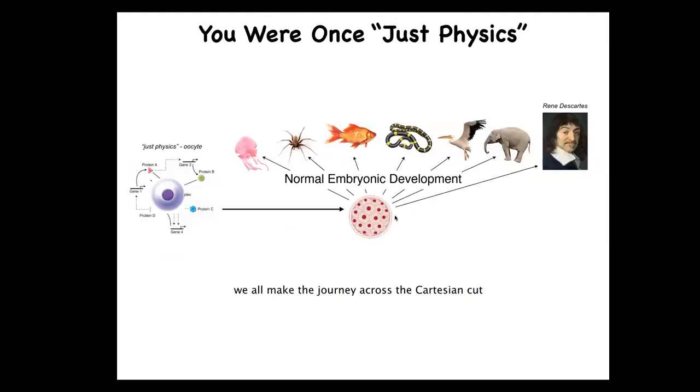And so each of us makes this amazing journey from being a little blob of chemicals that is well described by physics and chemistry. We're an unfertilized quiescent oocyte, and through this amazing process of embryonic development, we become something like this, or even something like this. And so, of course, developmental biology offers no magical lightning bolt moment at which physics becomes mind. And so we really need to understand the origins, both evolutionarily, but also developmentally, of the various intelligence and other cognitive capacities that we enjoy by the time we get here.